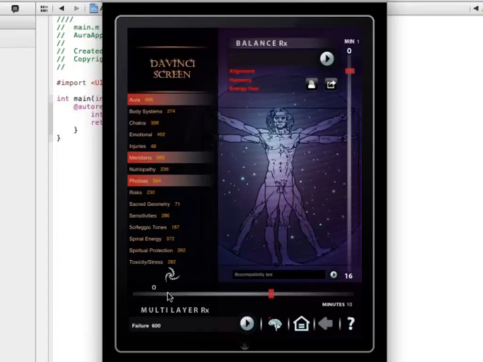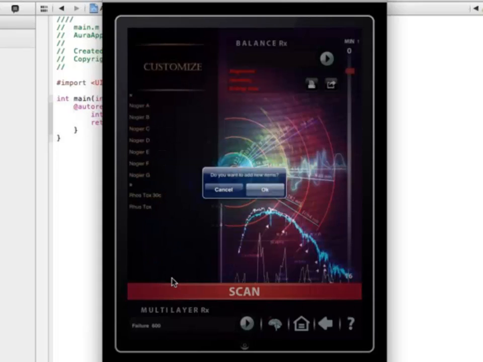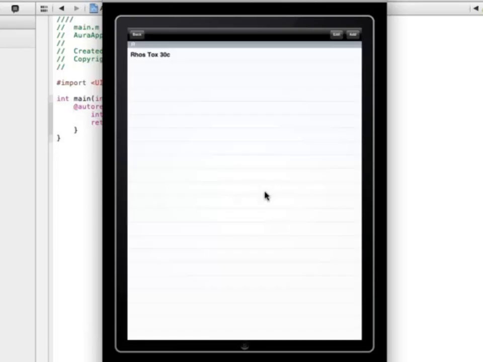You have a little whirligig right here, a cute little thing. If you tap on it, it's going to take you to the customize panel and the Nagier frequencies. So if you want to add an item, add a product, or add something of your own, this is the only place that you can do it, and you only get one chance. If you click cancel, you will not be able to get back into this to add anything unless you bring up another client. So if you tap on OK,